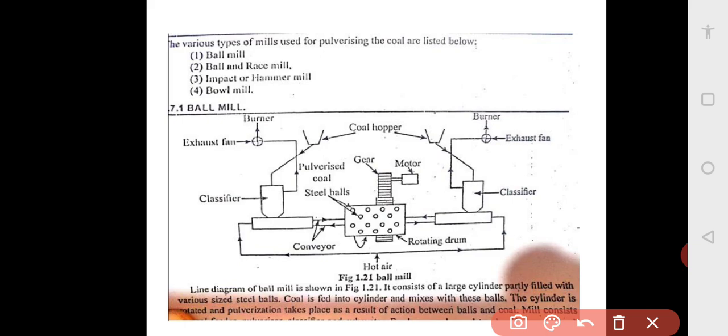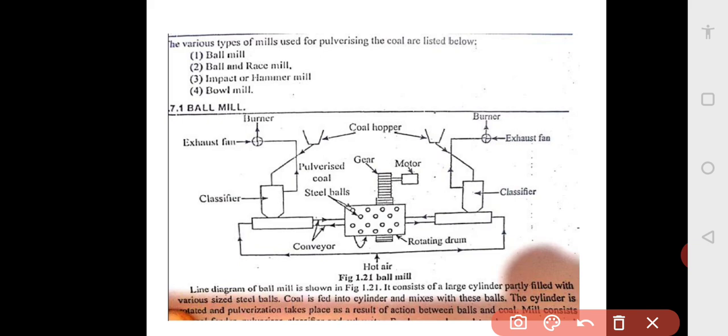Second, there is a considerable quantity of coal in the mill, which acts as a reservoir. This rotating drum is a big drum, and the balls are also very big. So the coal in the ball mill acts like a reservoir. This pulverizer prevents the fire from going out when there is a slight interruption in fuel feed caused by coal clogging in the bunker. So in case there is any clogging of coal in the bunker, the main storage, it can still continue for some more time because there is coal inside the rotating drum.